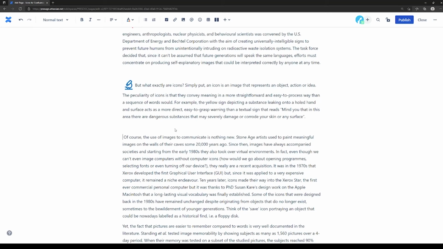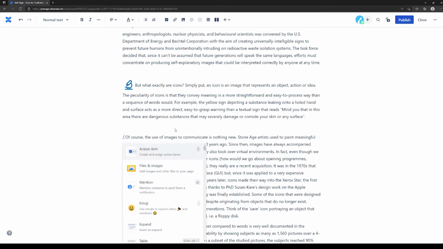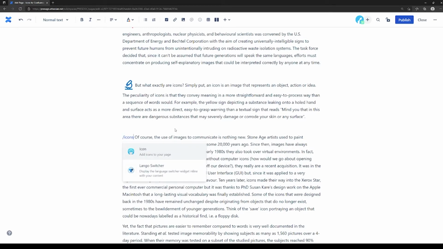Hi! In the previous video, you were introduced to the app Icons for Confluence. In this video, we'll see how to search for and insert icons in your Confluence page. First, we access icons by activating the macro from the Confluence page, to which we want to add images at